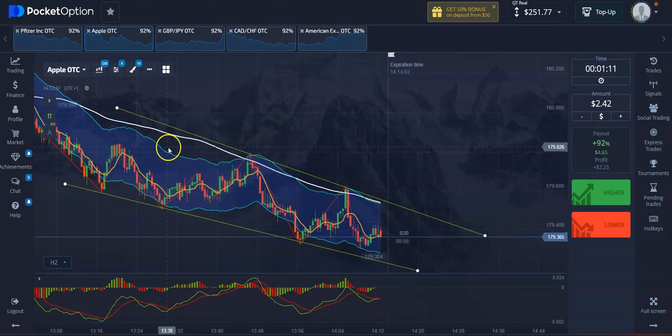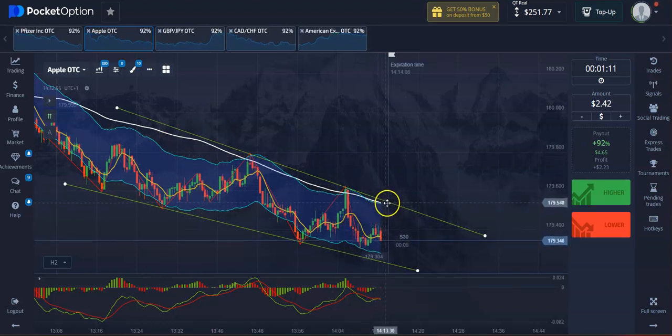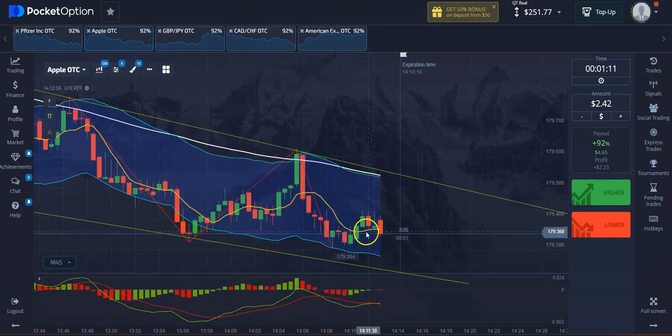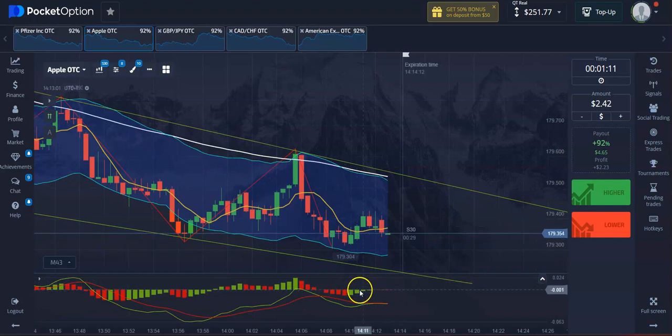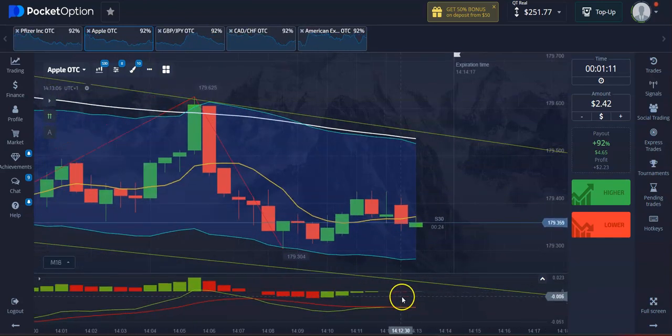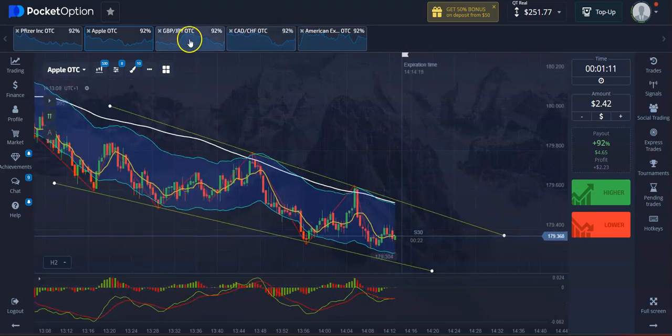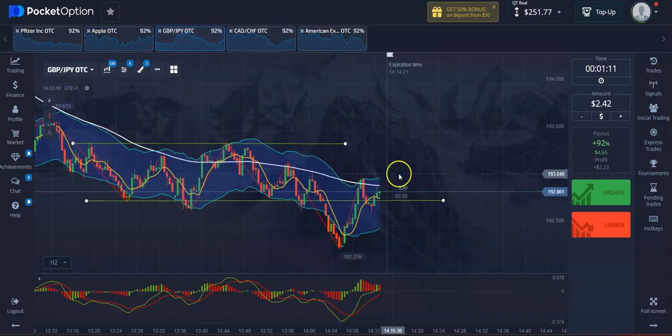Okay, I was waiting to see what this one is going to do. I was thinking that it would come over here to this line again and have a pullback, but seems like it's not going to happen. Also, the signal is getting weaker, right? So very, very small bars right there. So it's going to be a risky trade if you take that one. This one right here